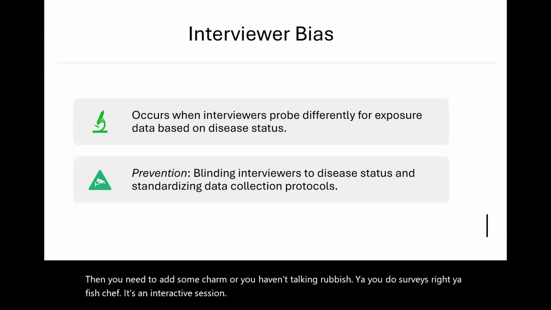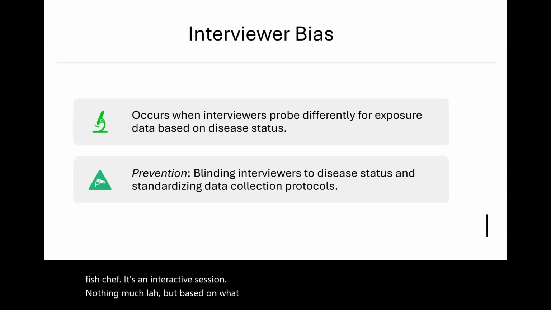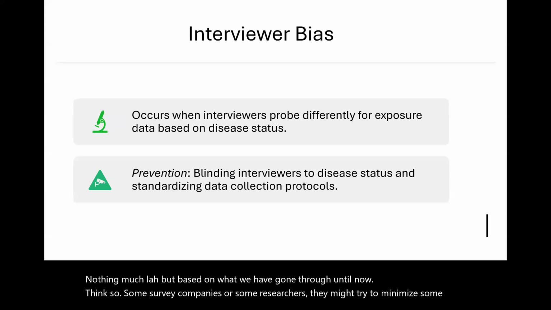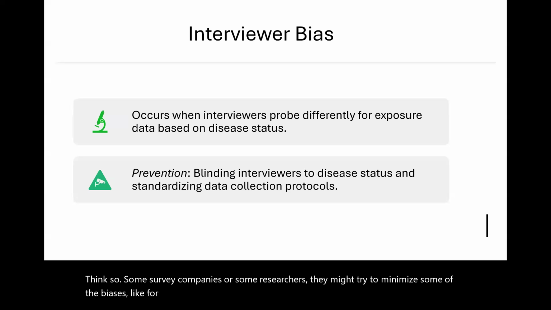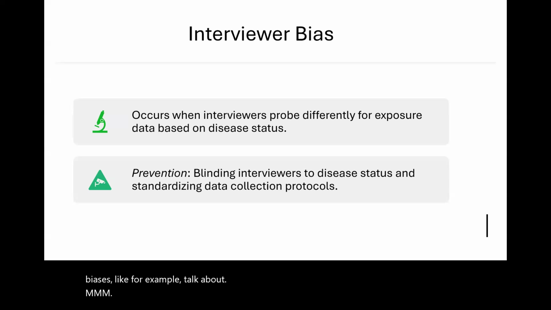Nothing much, but based on what we have gone through until now, I think some survey companies or researchers might try to minimize some of the biases, like trying to sample people to make sure they are the correct people. So protocols, like what you see here. For example, you gave the example of the household survey, right? So the protocol could be